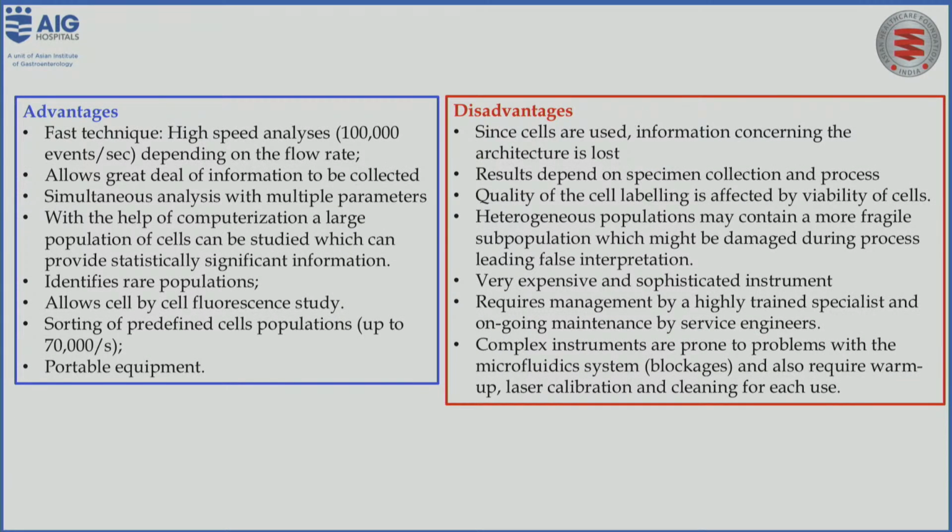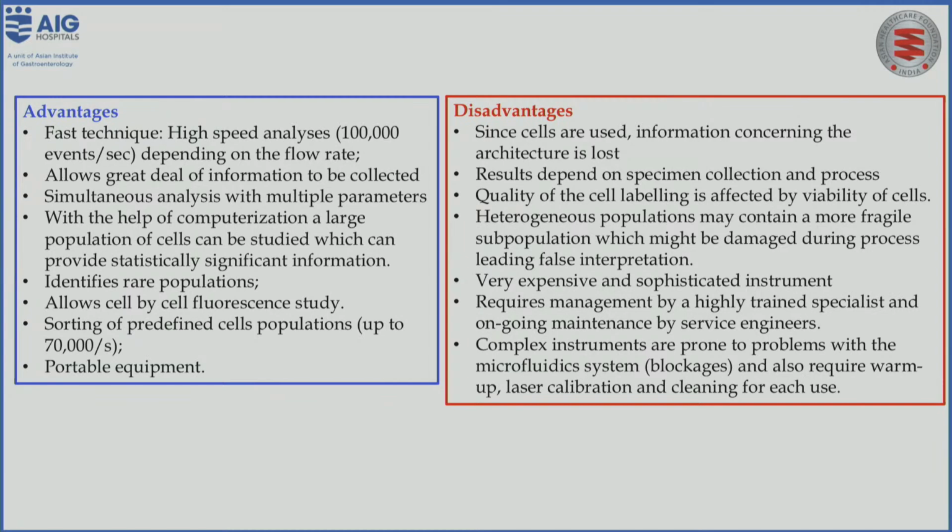But coming to the advantages and disadvantages of flow cytometry, the major advantage is that we can analyze the samples at high speed, more than 1 lakh events per second. Also, we can analyze depending on the flow rate, and it allows us to deal with the information we are collecting using flow cytometry, and we can do simultaneous analysis with multiple parameters with the help